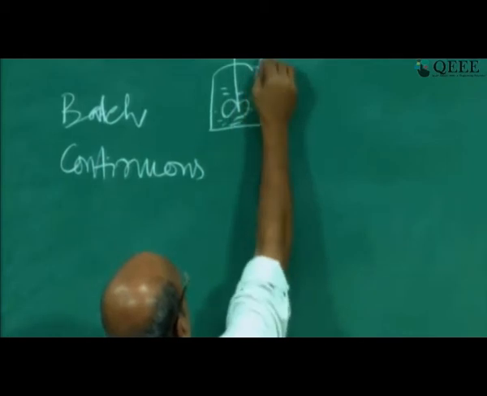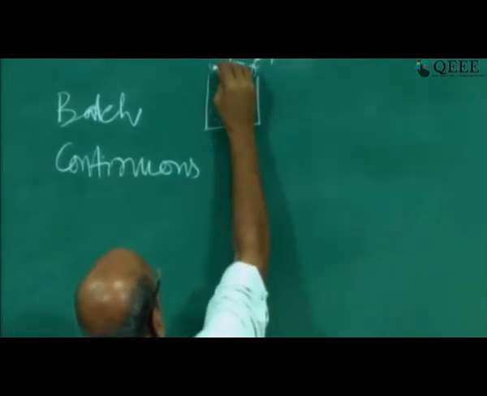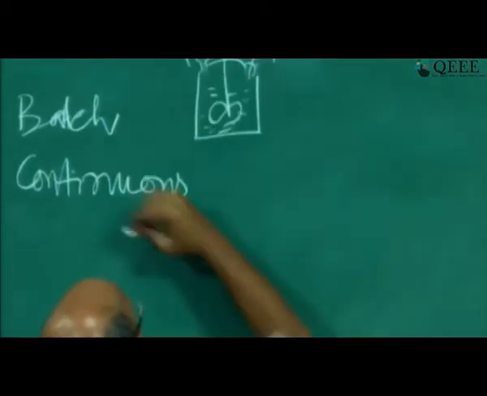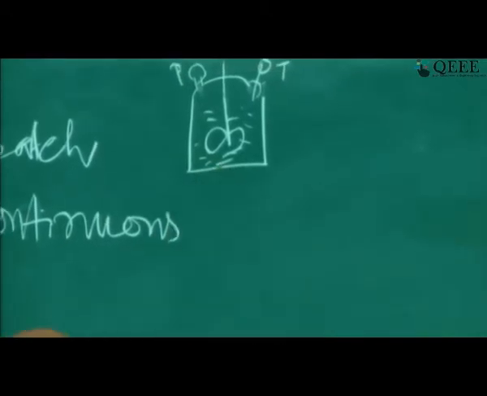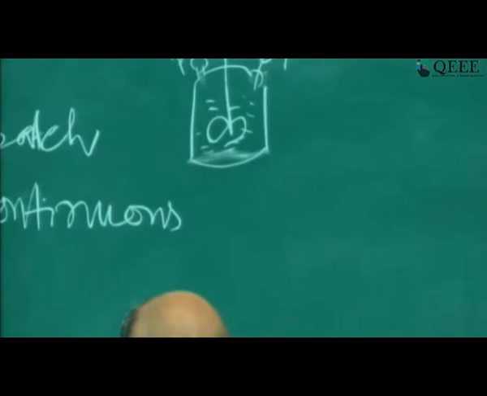Then there will be a temperature sensor, and there will be a pressure gauge to monitor if something is going wrong, and then this stirrer is also put, and many times it is not flat, sometimes you will also have this kind of thing, so that you will have good mixing there. So this is the batch system, where you don't allow the reactants to continuously enter or continuously